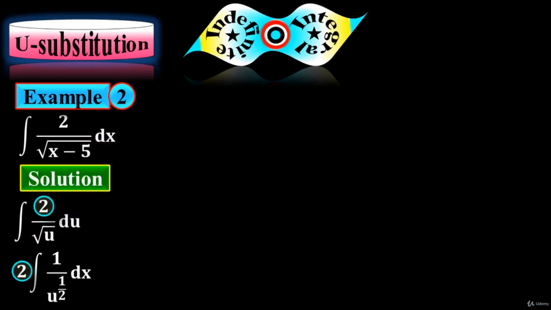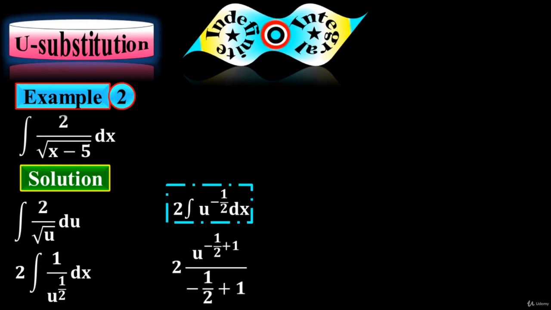Take the square root of the denominator and make the square root of u equal to u to the 1 over 2. 1 over 2 is the value for the square root. Bring this u to the 1 over 2 to the numerator to become u to the minus 1 over 2. Take its integration. After integration, we got 2 times u to the minus 1 over 2 plus 1, over minus 1 over 2 plus 1,